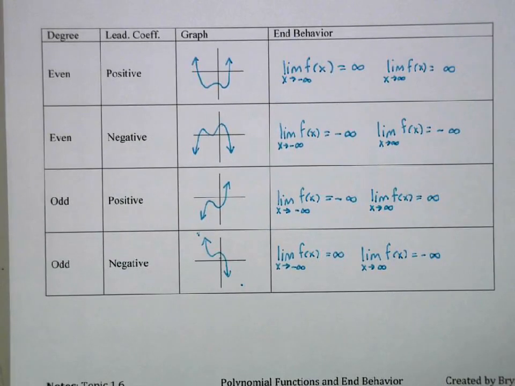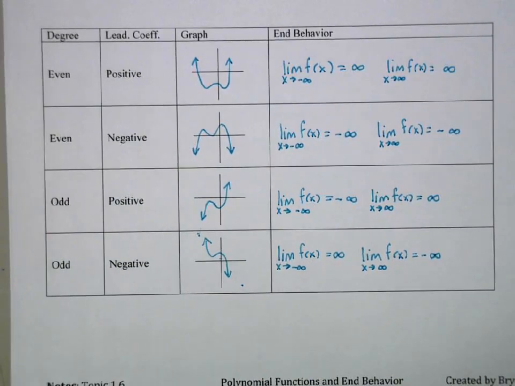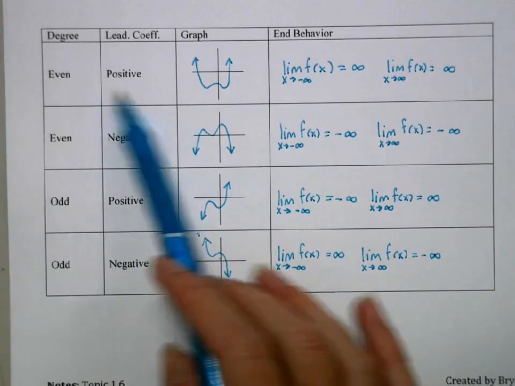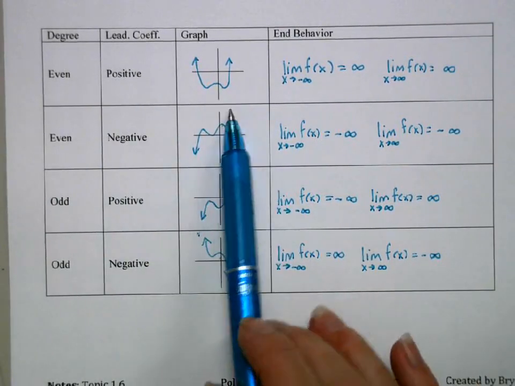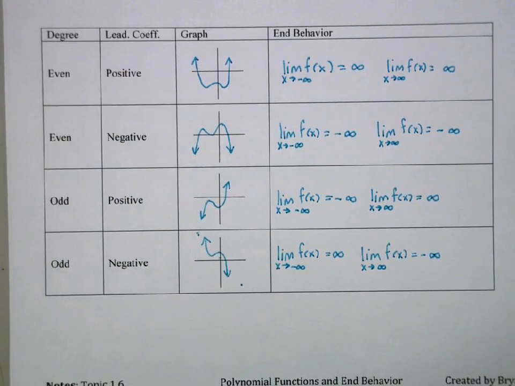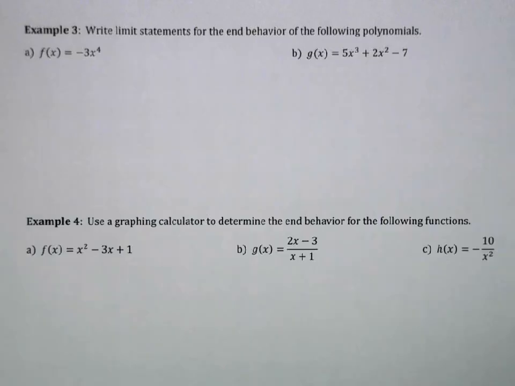So this chart is something that you'll need to know, but if you can picture the graphs and understand how even degree polynomials behave, how odd degree polynomials behave, then you're in business. With that chart that you're going to memorize, now we just have to identify, I don't need the graph in front of me to be able to determine the end behavior. I just need to identify